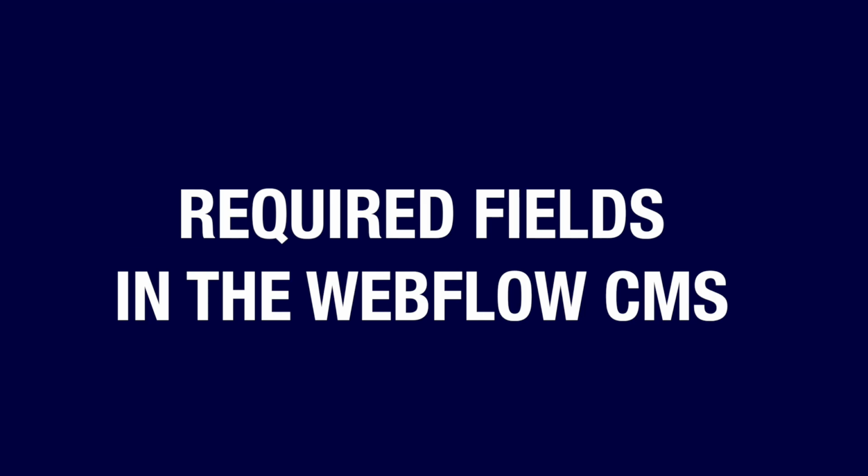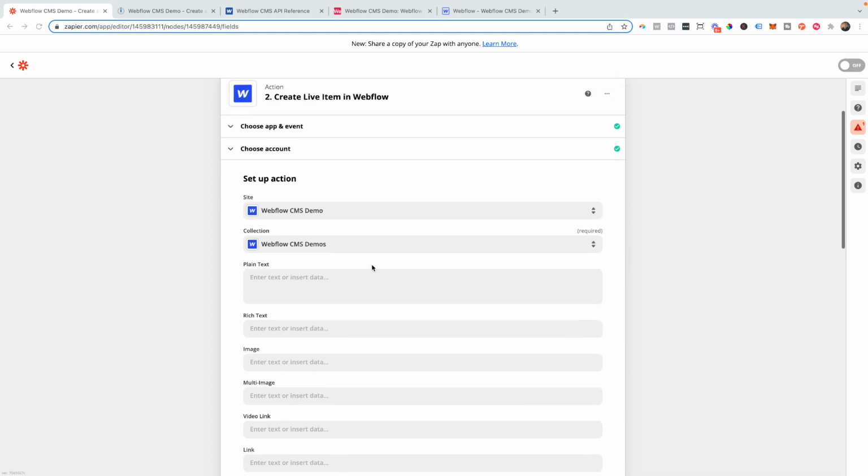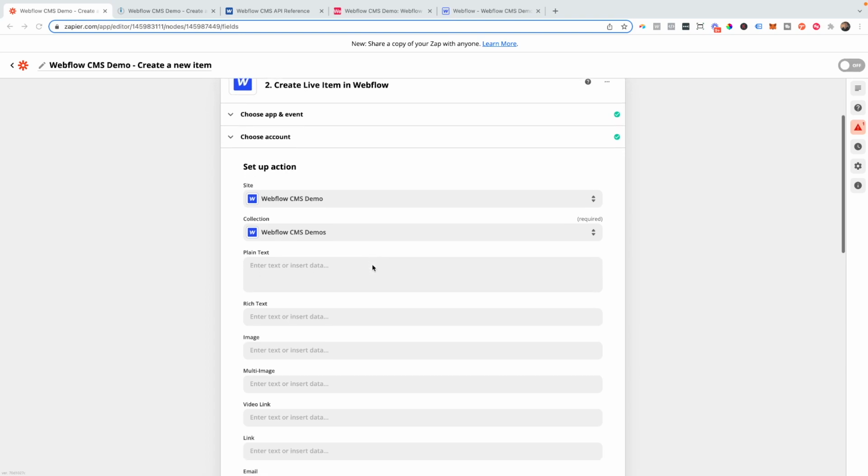So next up, we're going to go over how I structure workflows where I send data to Webflow or I update items inside of Webflow. But in order for us to do that, we're going to need to understand what different fields are required in order to run certain workflows. And we're going to start off with the create live item or create item step in both Zapier and Integromat. Now, if we jump down into the step where we set up our item inside of Webflow,